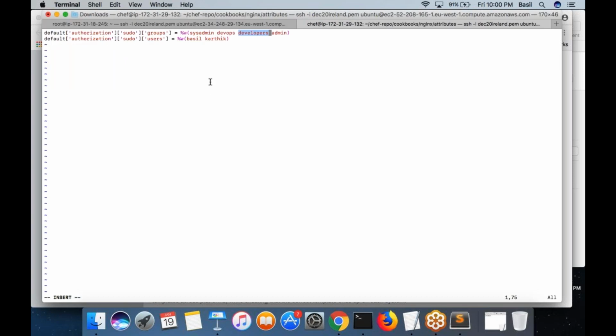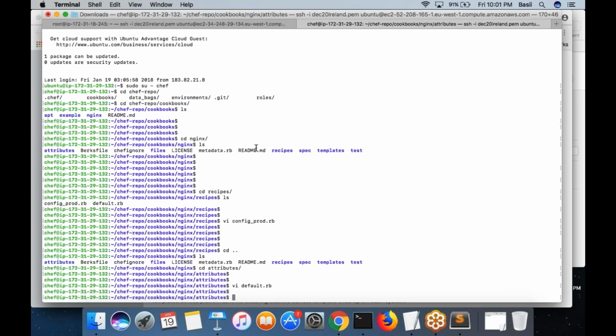So assume I already have these groups and the usage inside my web001 machine, or the node that I want to manage. Okay, so I'm going to save these attributes inside my attributes folder.